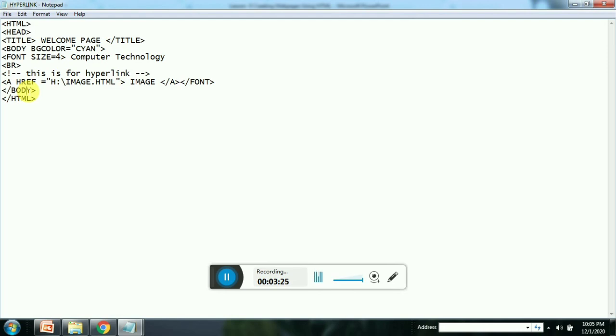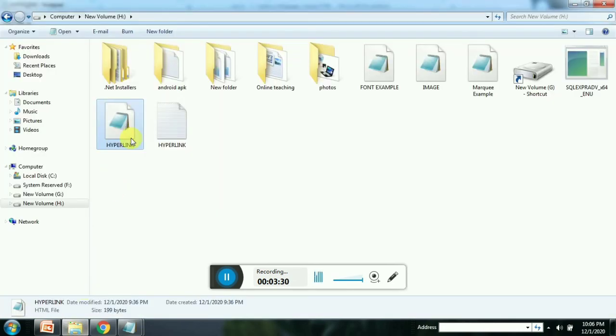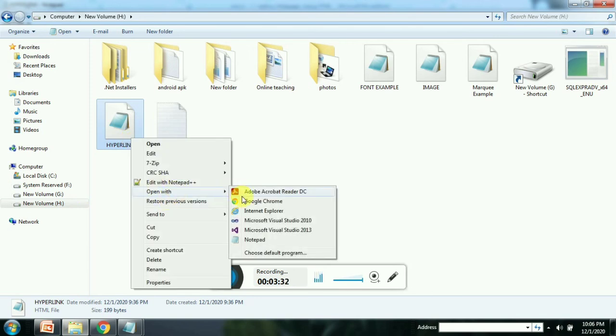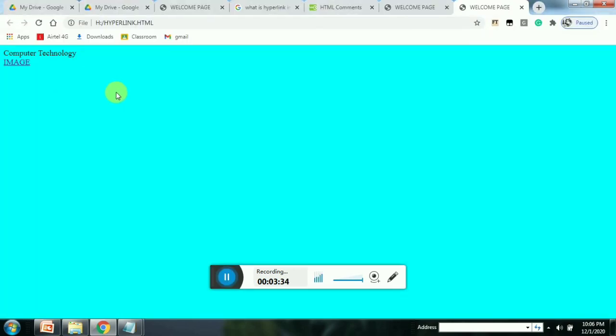Now I will save my code, hyperlink, and now when I run this program, here you can see that the comment is not displayed in the web page.